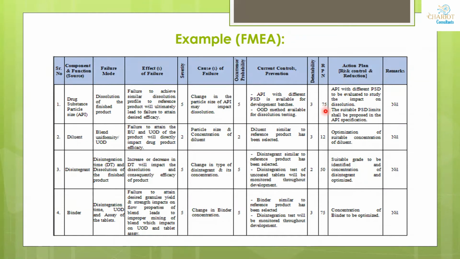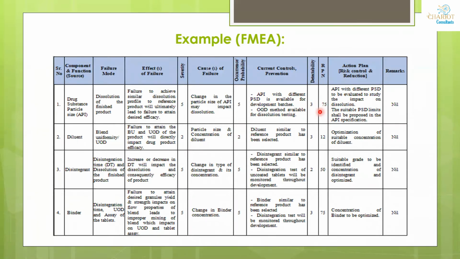So when we look back at the ranges that we were talking about, any RPN number which is less than 40, we will say that the risk is low. Any value which is between 40 to 99, it is medium risk, and any value which is above 99 or above 100, the risk is high. So which risk is it? Just type in the chat box. So based on the RPN, the risk is medium.